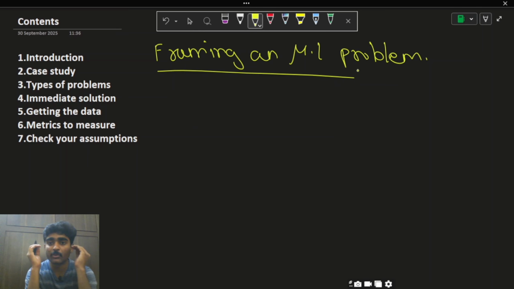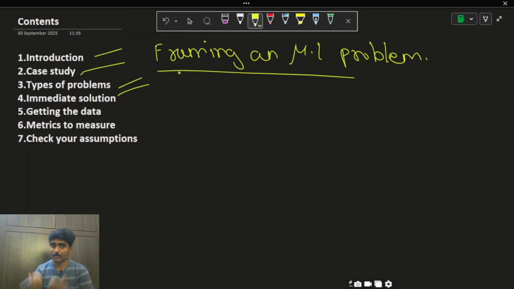Before going into the video, we'll take a quick glance at what we'll be discussing. First, we'll see the introduction on how a machine learning problem is framed, and then a case study. For some time we'll be a data scientist of a company and see how the data scientist converts a business problem into a machine learning problem. Then we'll see the types of problems. After conversion of the business problem into a machine learning problem, we'll have sub problems in them. We'll also discuss them,